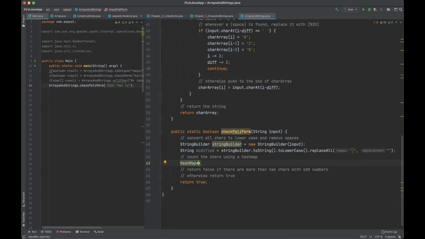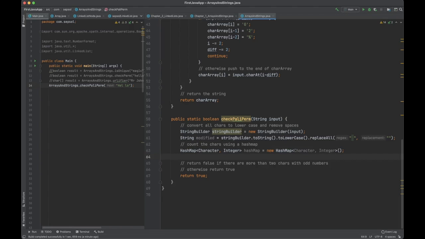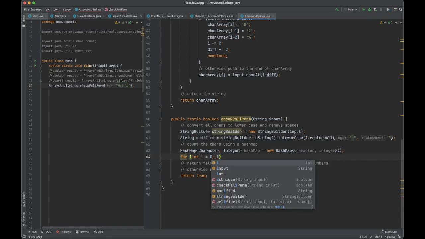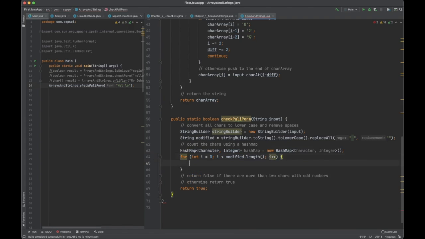Count the chars using a hash map. Let's create a new hash map. The keys of this hash map are characters and the values are integers. These hash maps are basically like JavaScript objects. So for each character we create a key and we count the occurrences of each character inside its respective key. So we loop through the string, the modified string,